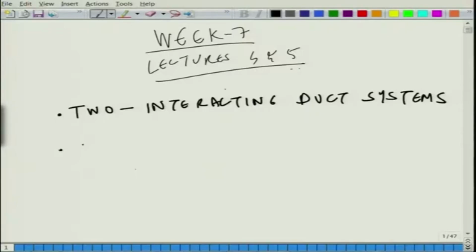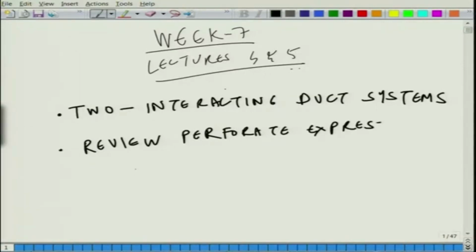We will also do a review, very briefly though, of perforate expressions that were developed by people over different times, and then we will possibly try to solve one example, I guess in MATLAB, of a fully perforated